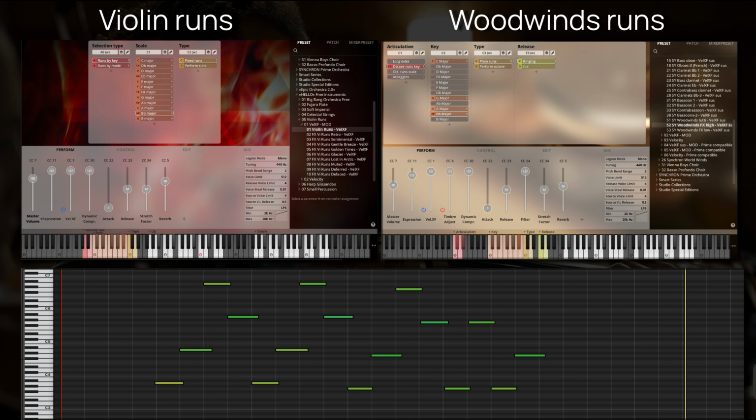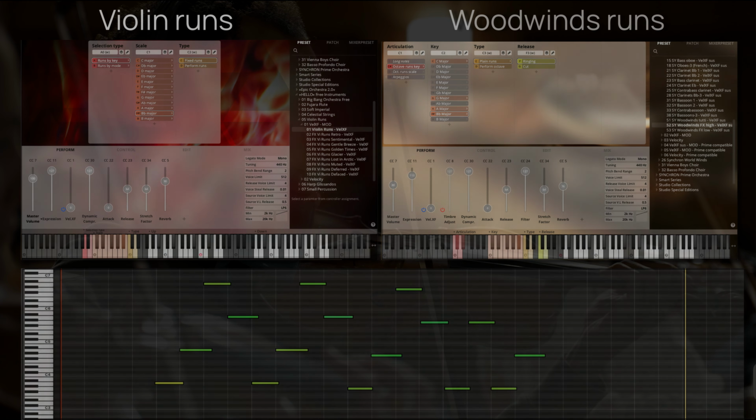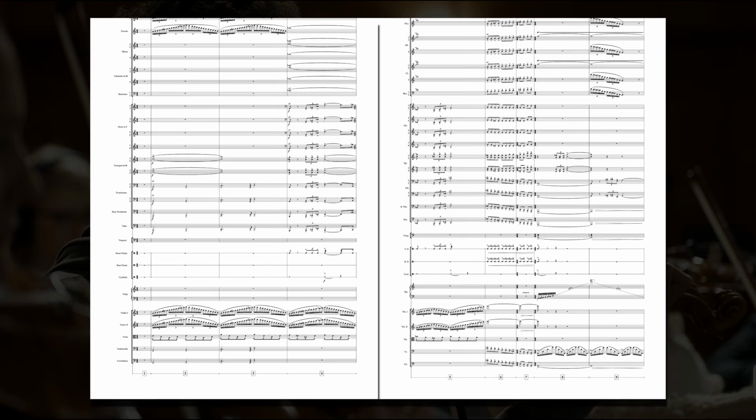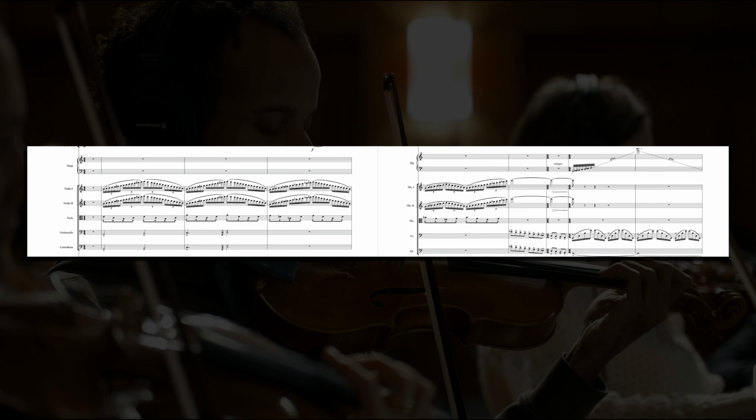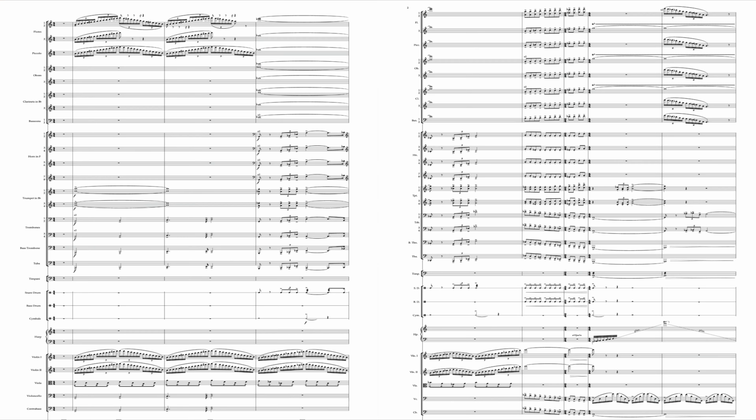I'll now incorporate these runs into the other sections of the orchestra. I think we can agree that these runs bring a significant boost of energy to this passage.